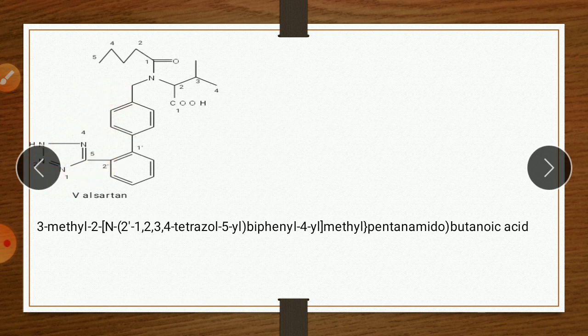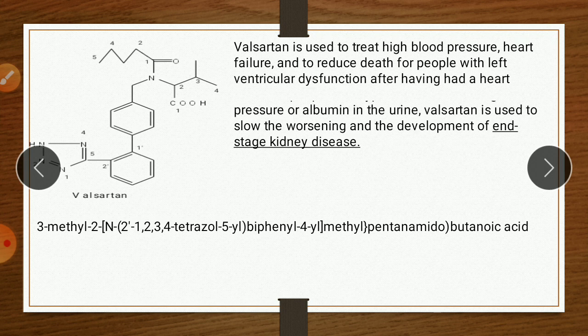5-yl, again the same 5-yl. Biphenyl same, 4-yl again same. Methyl, this one is methyl. Pentanamido, so here there is a 5 carbon chain with an amide group, that is pentanamido, and this one is butanoic acid. So 3-methyl-2-(2H-1,2,3,4-tetrazol-5-yl)biphenyl-4-yl methyl pentanamido butanoic acid. Uses: valsartan is used to treat high blood pressure, heart failure, and to reduce death for people with